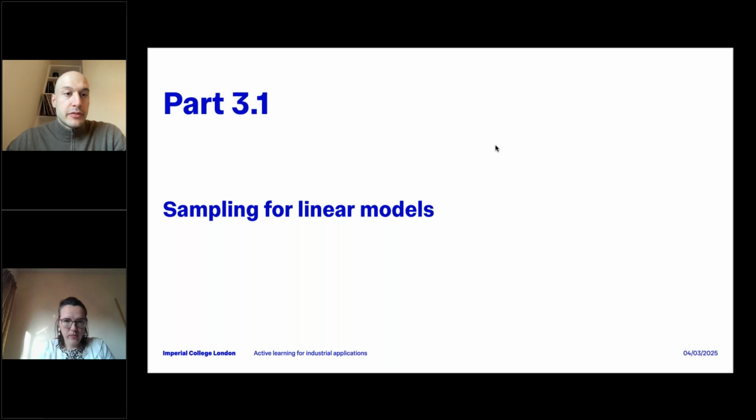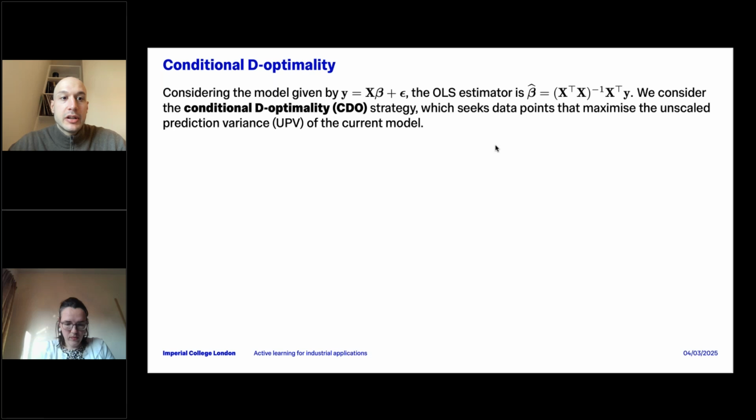And the first part of this section is going to be focused on linear regression models, so not quite as focused on images like before, mostly on simple regression models. And here we draw the connection with the design of experiments and the optimality criteria. So in this case, we assume we want to train a linear regression model, and the strategy that we proposed